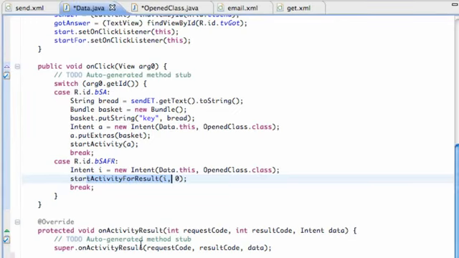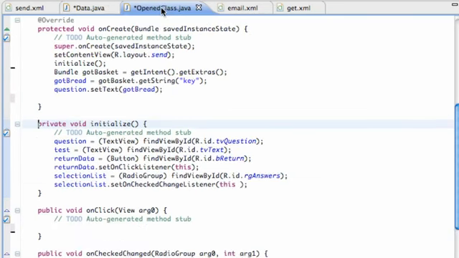Again with me, Travis. What we're going to do in this tutorial is set up this start activity for result button. If they click that, it's going to give us some input from the next class for the most part. So we're going to go into this open class and set up this onClick method, because this is for a return button. When a return button is pressed, we're going to send the data back and then close